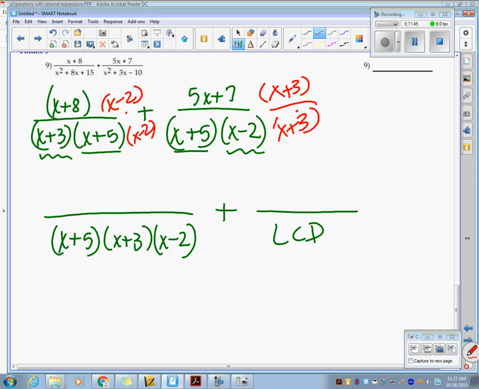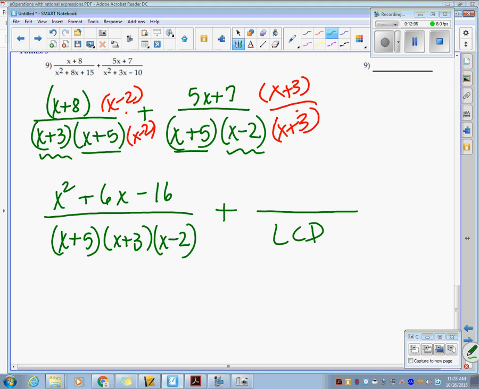And so you have to FOIL these. So x squared and plus 8x minus 2x is plus 6x. And 8 times 2 is 16. And so you get x squared